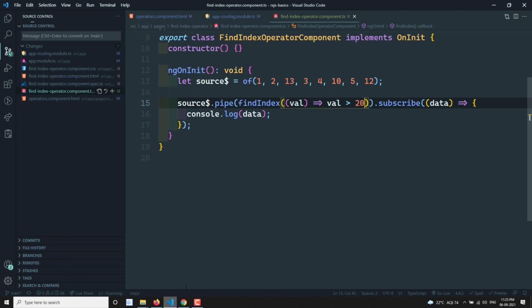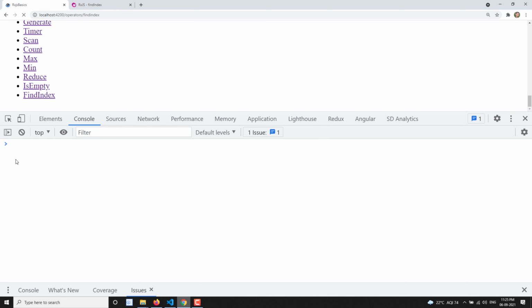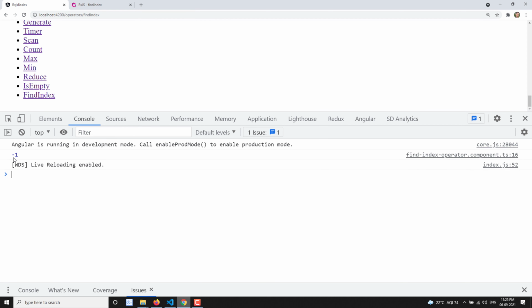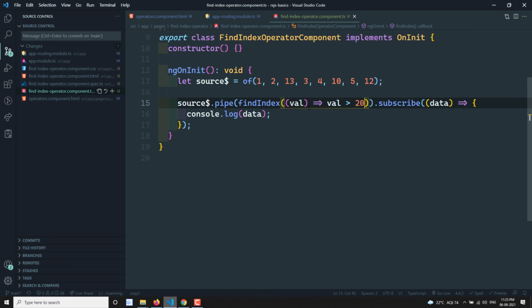Now another one I can tell is, for example, if it doesn't find any match, what it will try to do here is return you -1. So if you try to see, it returns you -1. So it has written -1 means you can understand that it hasn't found the match. Find index hasn't found the index, so that is the reason it has written you -1.